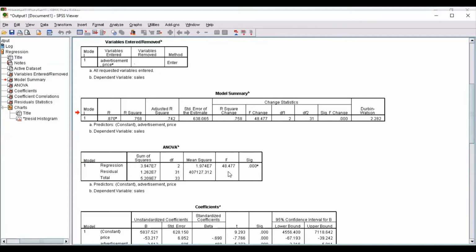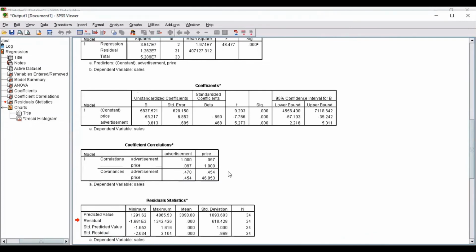The next is the result for the coefficients. You can see here the standard error of the coefficients for price and advertisement, both of which are independent variables. Their standard error, regression coefficient, T statistics value and significance values are obtained. If the significance value of the variables is less than 5% level of significance, then those variables are statistically significant.